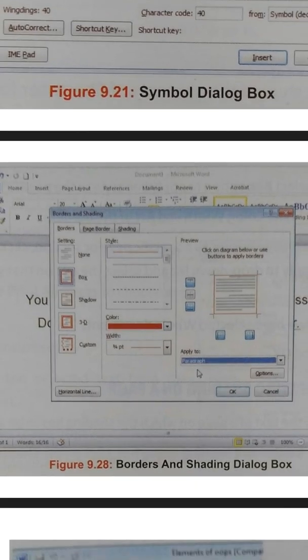Inserting borders. You can insert a border to your page or to the paragraph also.